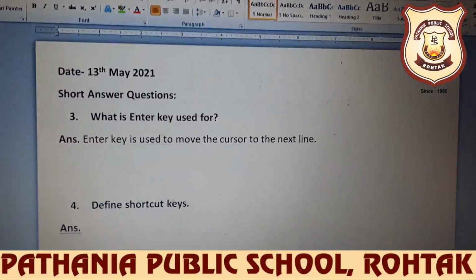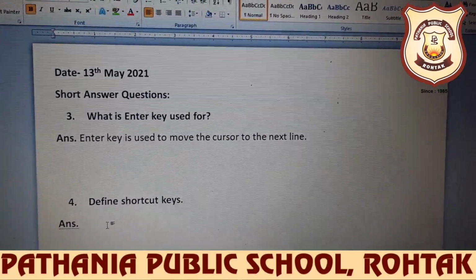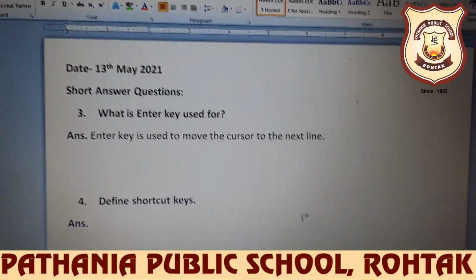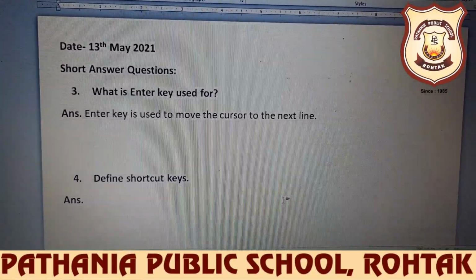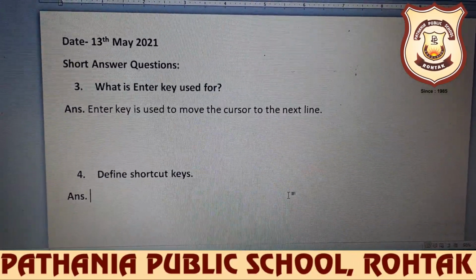Okay, so just write it. And after writing, just leave one line and write down the fourth question. Define shortcut keys.